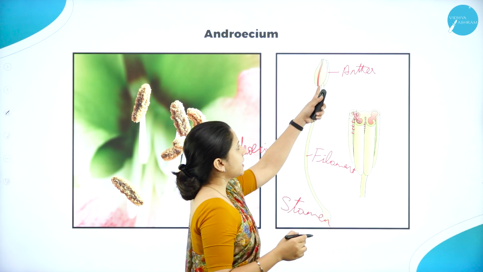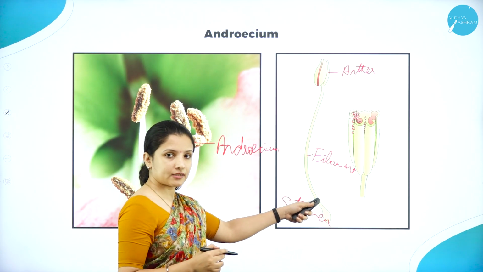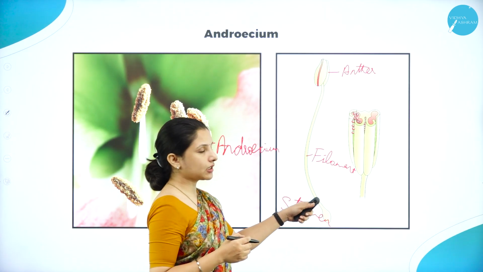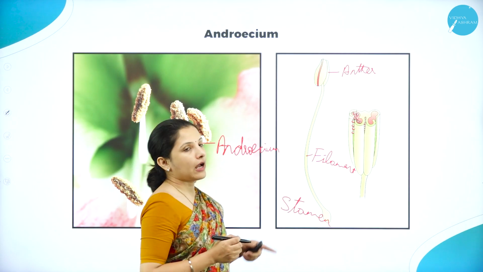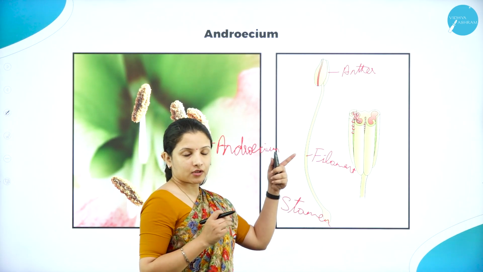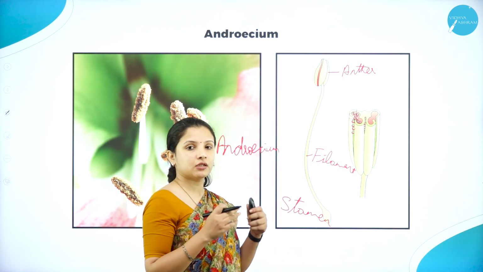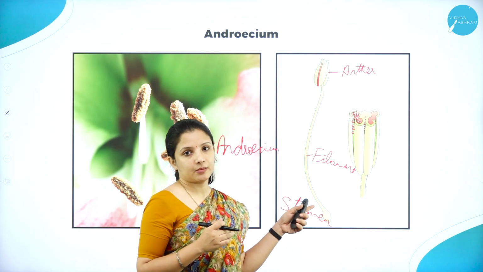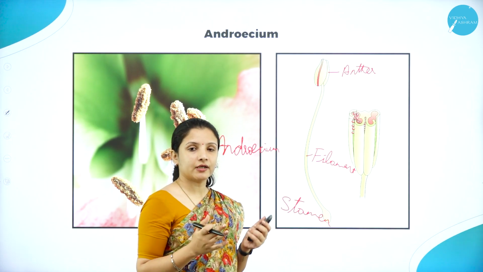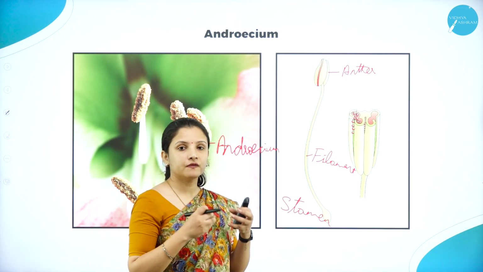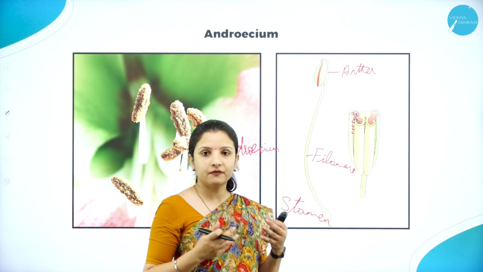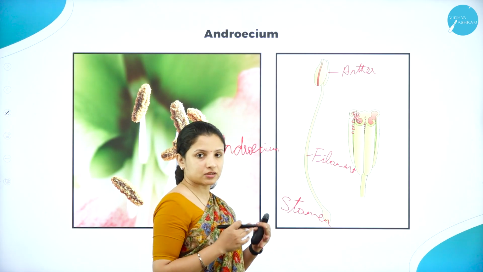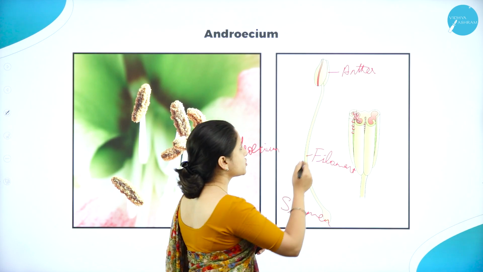The filament is a long, slender, thin structure that forms a connectivity between the thalamus and the anther. If the anther should be held in a position in the flower, then the filament should connect the anther to the thalamus. So why thalamus? Because I had told you thalamus is the region from which all the other parts of the flower arise. Therefore the filament holds the anther in its position, and the anther is usually bilobed.